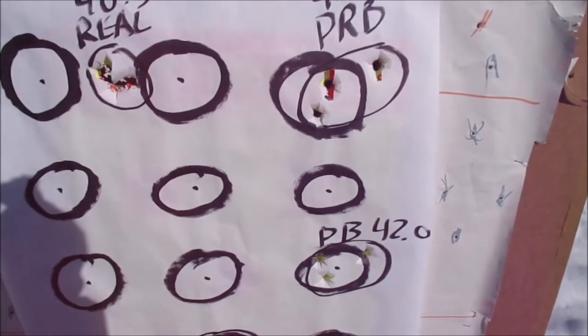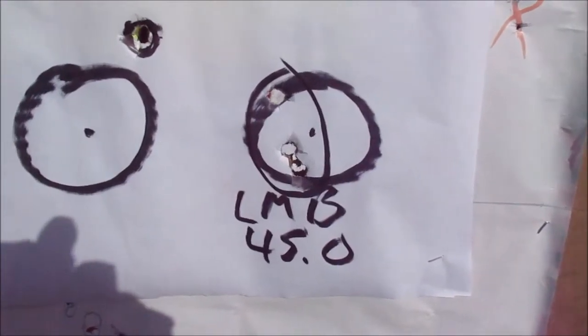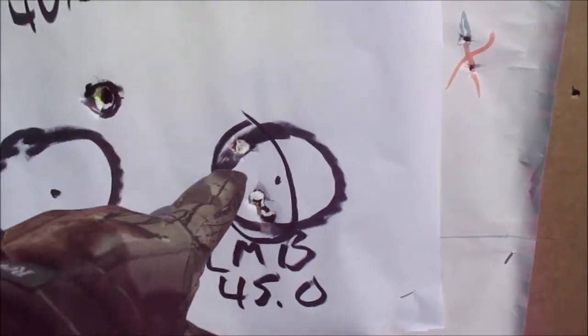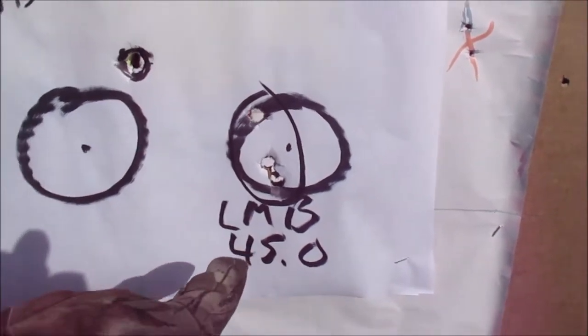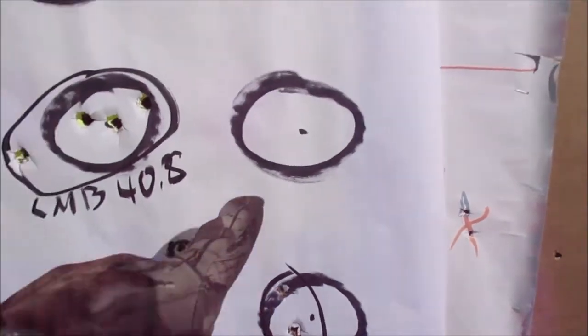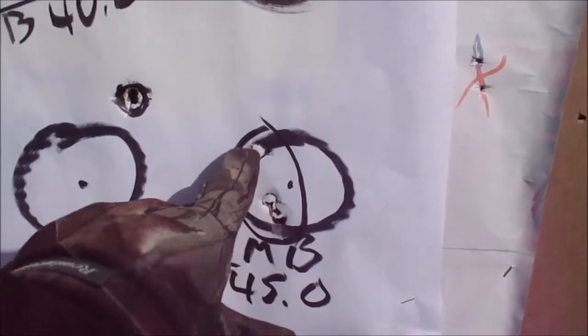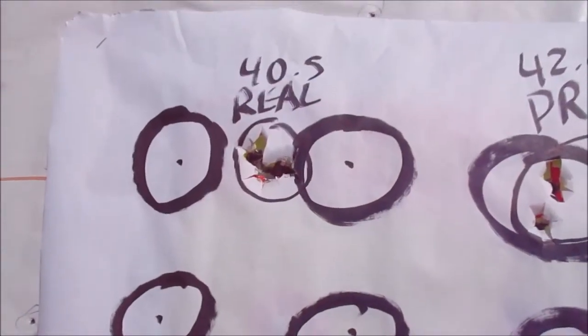And I might have to do that in post because I am almost out of battery. Alright, hope I have enough battery here, but I upped the charge from 40 by weight to 45 on the Lee Minie balls, and the group tightened up significantly. If I up the charge even more, I bet it would tighten up even better. But so far, even at 45, this is going a little over 900 feet per second. Still better than the power belts. That distance and that distance, I would say at least it's the same, if not better. And of course the Lee Reels are still the